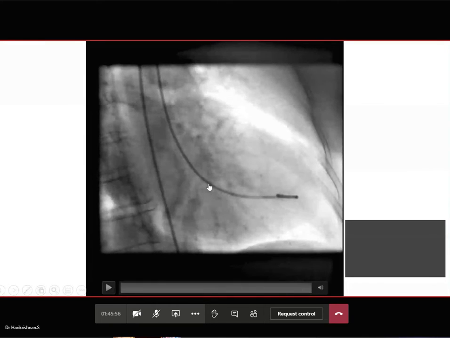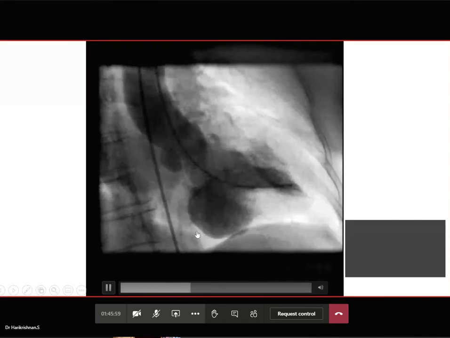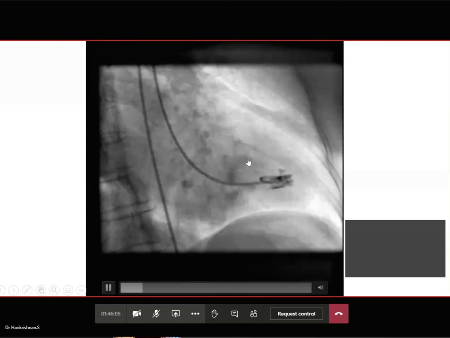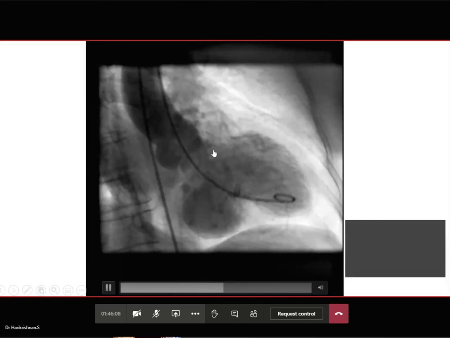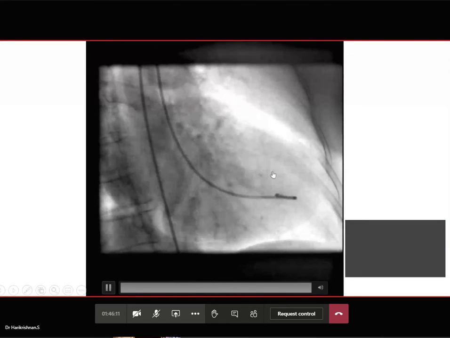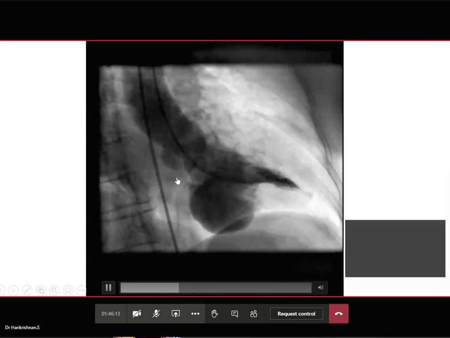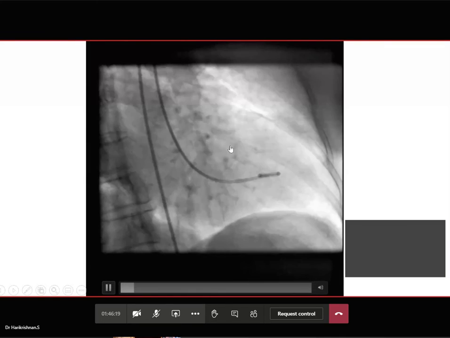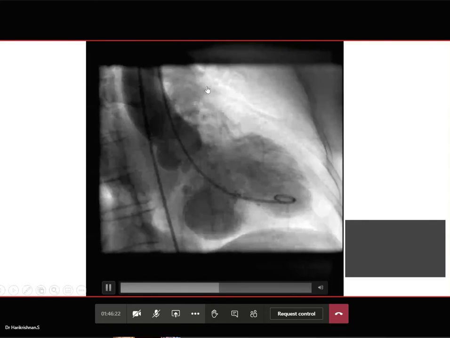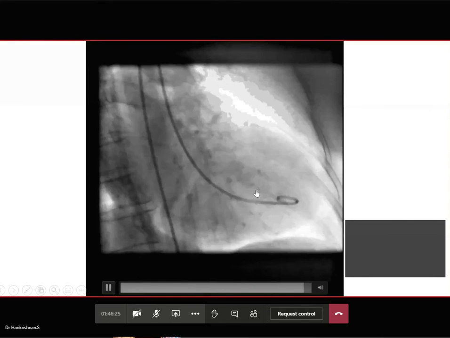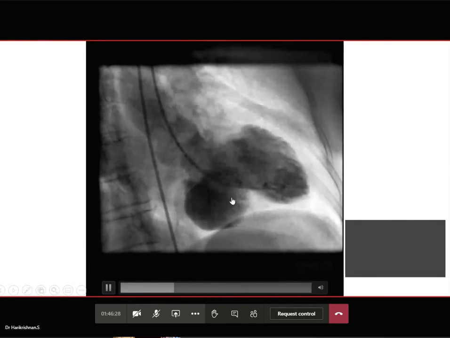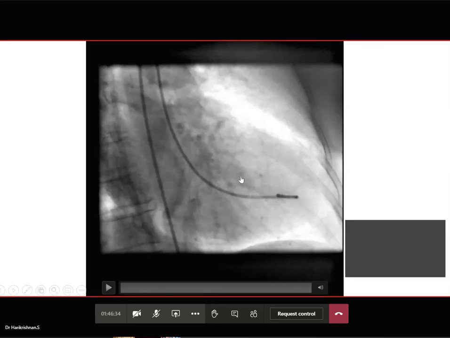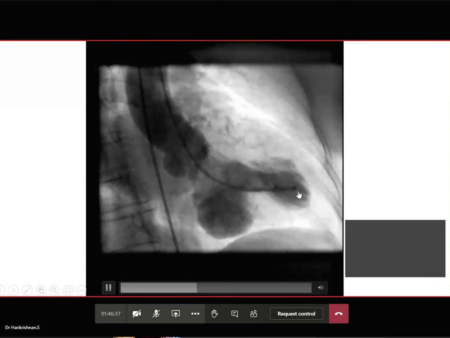Here, if I am given this angio, I will tell that this is an angio in the RAO view. The catheter is coming from the ascending aorta into the LV pigtail catheter. The LV segments are all contracting well except the posterobasal segment, which is aneurysmal. The left atrium is filling more than the left ventricle. Left atrial appendage is filling. Pulmonary veins are filling. It indicates severe mitral regurgitation. So there is a posterobasal aneurysm. Most likely it can be submitral aneurysm. This is how you should discuss an angiogram.